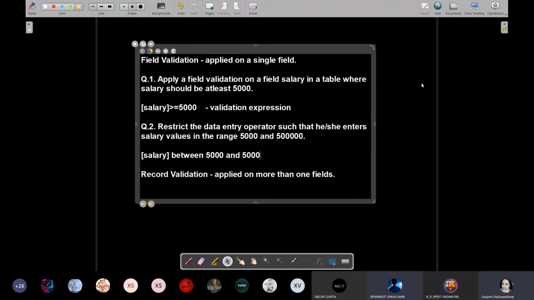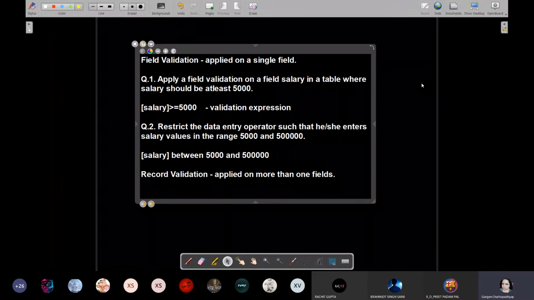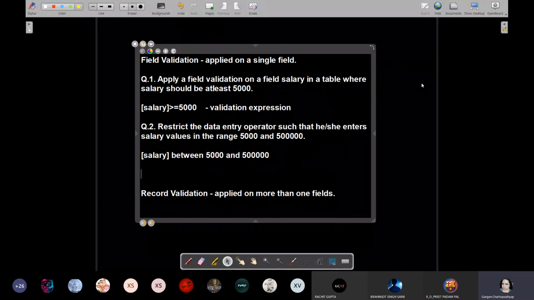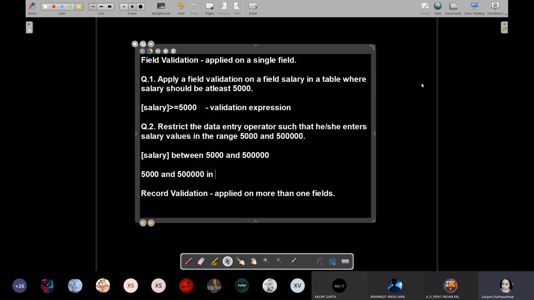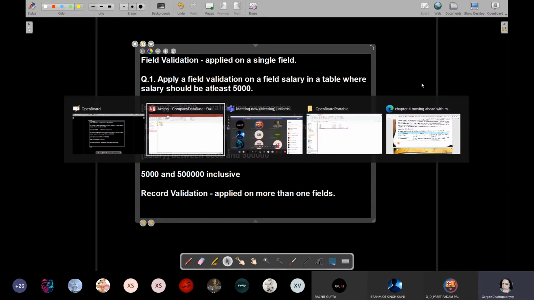Very good. I'm very happy that you remembered the between keyword. Between 5,000 and 5 lakh, which means 5,000 and 5 lakh is included. Inclusive. It includes these two values. Understood? So very good answer, and we are going to apply this on the table now.